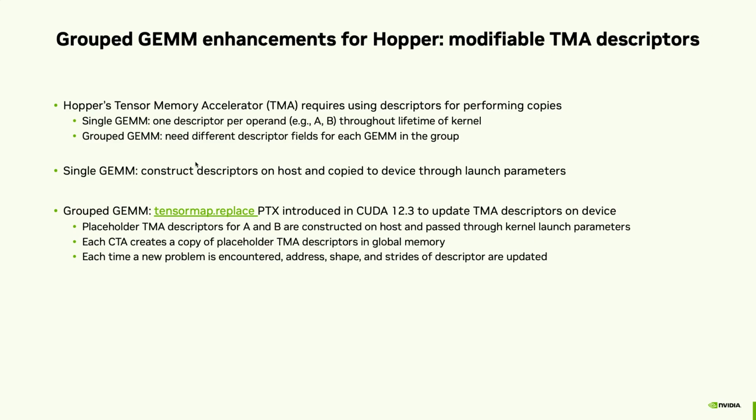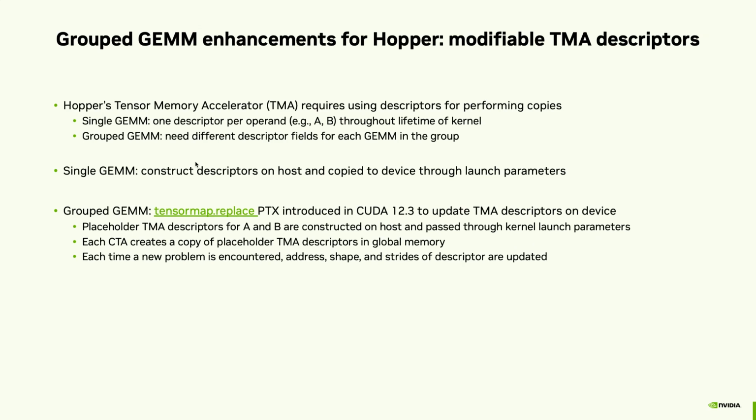Specifically, CUDA 12.3 introduced tensormap.replace PTX that allows you to update fields like the global address and global stride of a TMA descriptor. The way we use this in a CUTLASS group gem is through the following. First, when we're constructing TMA descriptors, we just construct as many as we would use in a single gem, but these TMA descriptors will be considered just placeholders for now. We pass them to the device kernel through kernel launch parameters, and then in the prologue of the kernel,